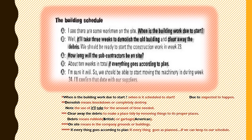Letter A. I see there are some workmen on the site. أنا شايف إن في عمال في موقع البناء بتاعنا. When is the building work due to start? Due to equals expected to happen, expected to begin. When is the building work due to start? Equals when it is scheduled or scheduled to start. يعني مخطط لها ان هي تبدأ امتى، يعني عاملين لها جدول ان هي يعني متحدد لها ان هي تبدأ